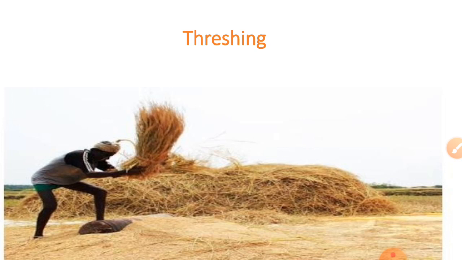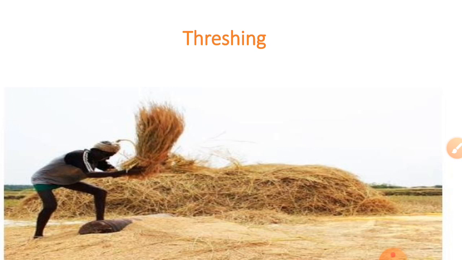Now the second method is threshing. After the crop is harvested, stalks are left to dry under the sun. A single stalk has some 100 grain seeds joined to it. It is practically impossible to pluck each grain seed, which is very small in size, from the stalk, and hence hand picking as a method of separation does not work here. That is why we use a method called threshing to separate these grains.